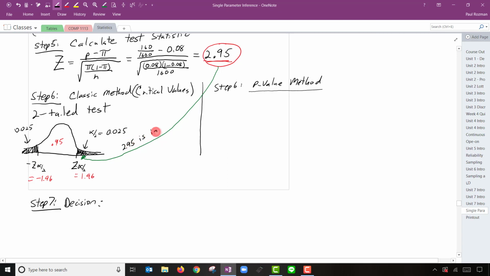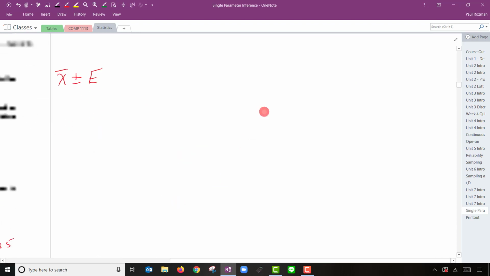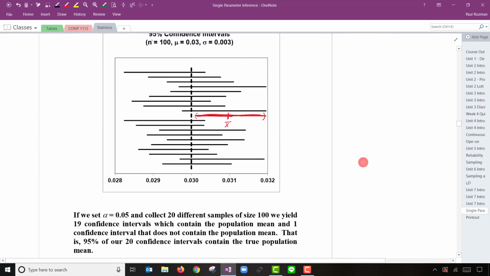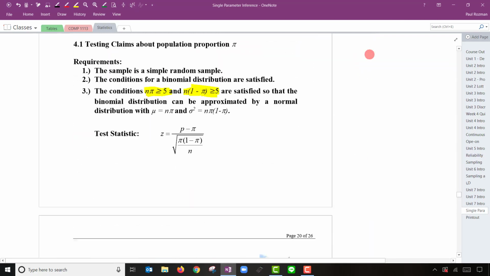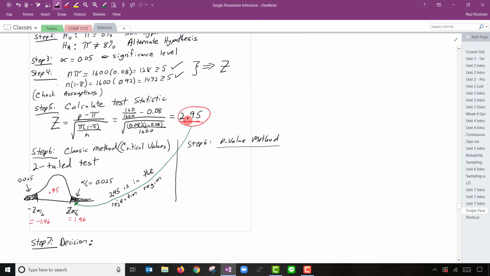2.95 is in the rejection region. So our decision will be, whoa, bear with me, lost my page here, right at the punchline. Okay, our decision will be, because this value is in the rejection region or is unusual, we will